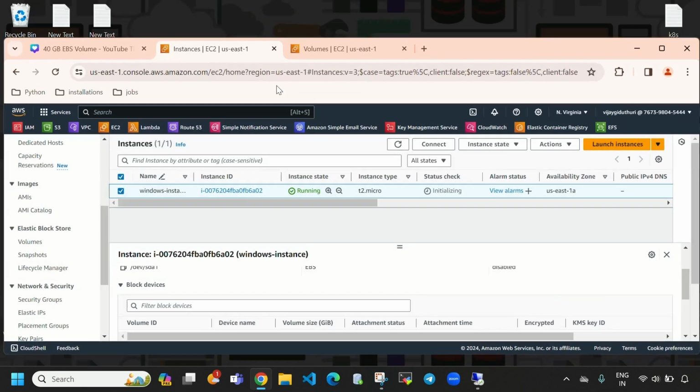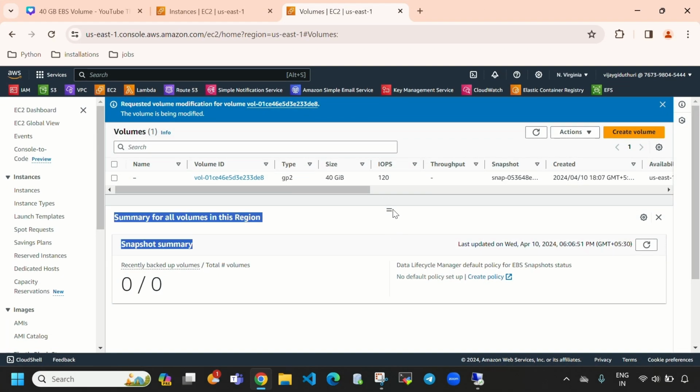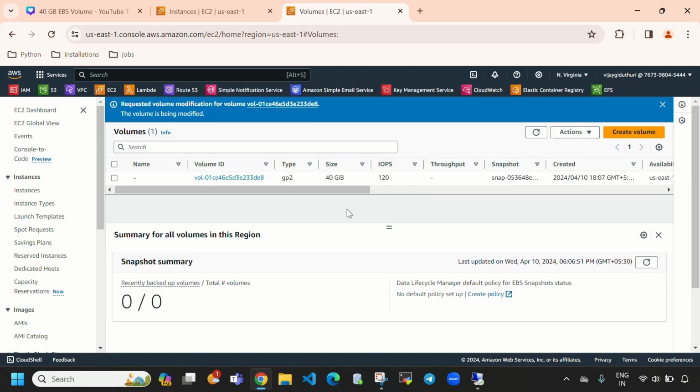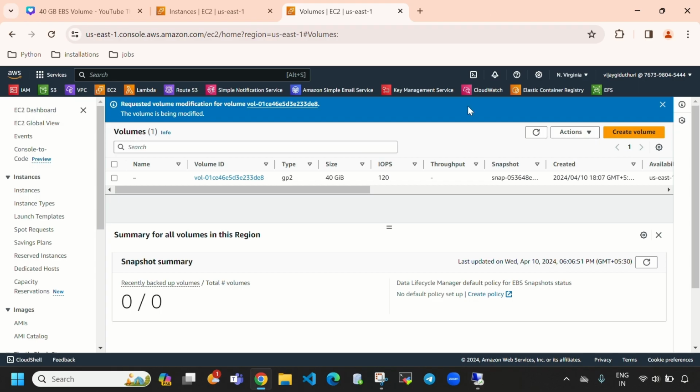and you need to go to volumes, and here you can see this is the default volume. You can see, guys, previously the default volume was 30 GB, but we have increased it by 10 GB, and we have added the 10 GB. That means we have allocated the 10 GB here. Right now this is 40 GB of volume. So now let's create a new